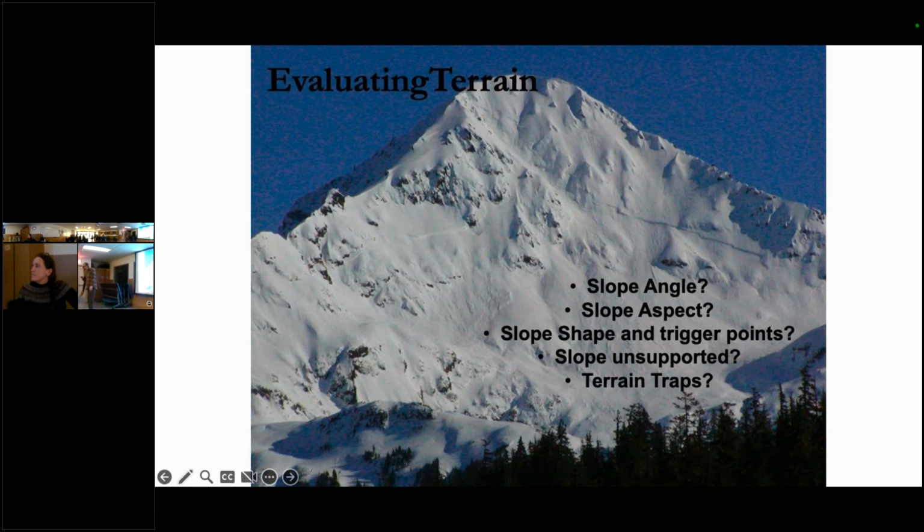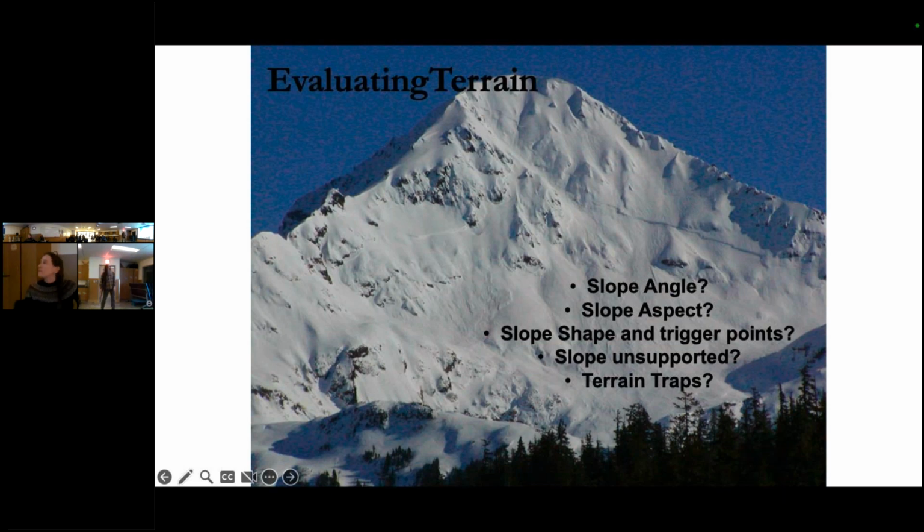Years back, I was riding down a ridge, and a ridge line is typically a safer place to be because if you do trigger something, the snow is going to go down away from the ridge versus if you're in the gully, you're just going to be in the path. But as I was going down this ridge, I do one turn over here and boom, slab. Go to the other side, nothing. Next turn, come over here, slab. Over here, nothing. And it just kept happening every turn.